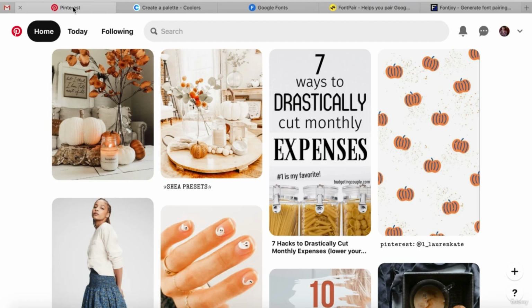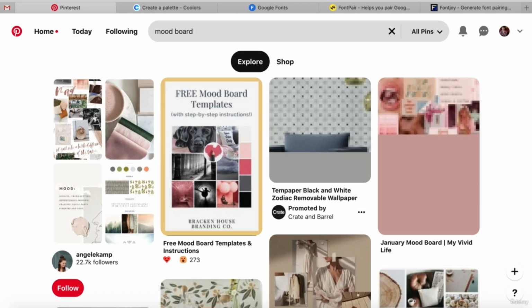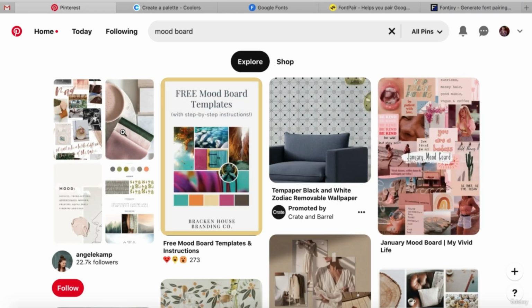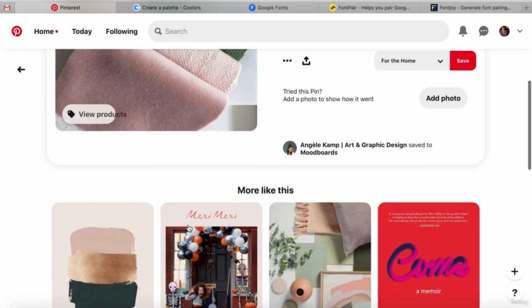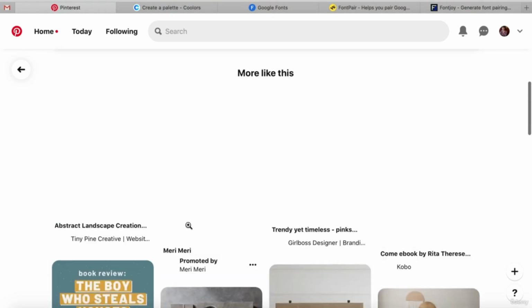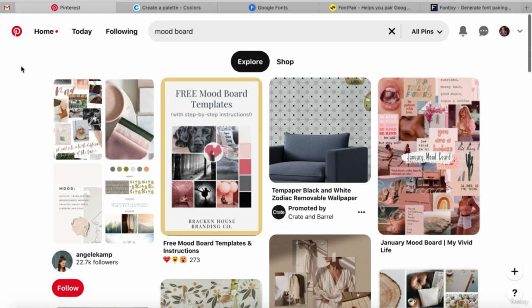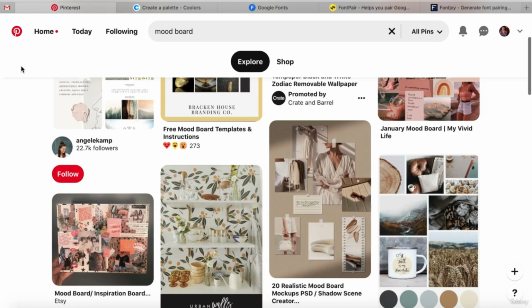For most people, the beginning part of getting their branding identity going, if you don't already have a good idea of what you want, is to start with a mood board. Probably most of you know what those are, but if you don't, it's something like this first pin where you maybe have colors and inspiration, and Pinterest is a great place to do it. I would say it's the easiest place to do it, because you can just create a new board for your mood board on Pinterest,